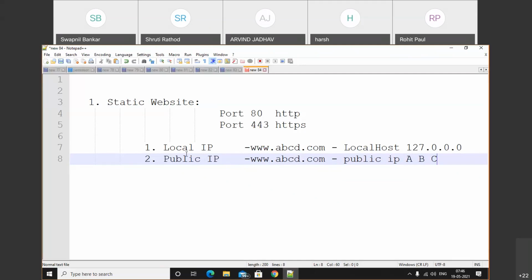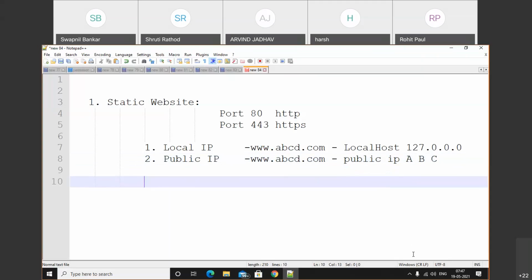If your website is a local website, it will be executed on the localhost, and we can use either port number 80 or port number 443. In a similar way, if you host the website on AWS, or we can say on a public IP, then we can also use any IP like class A, class B, and class C. The main difference is that a local website will be executed on a single PC, while a public or global website will be hosted on the public IP.